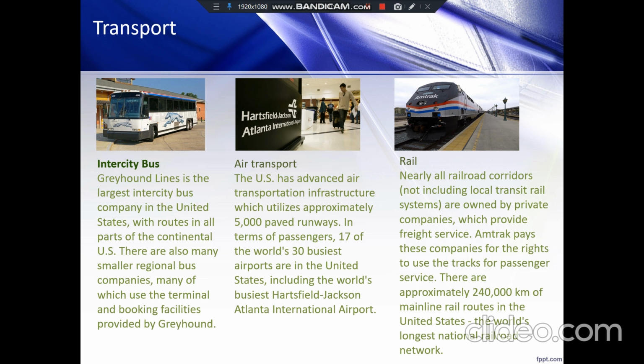Amtrak pays these companies for the right to use the track for passenger service. There are approximately 2,400 kilometers of mainline rail routes in the United States, the world's longest national railroad network.